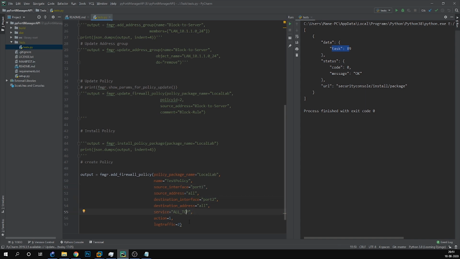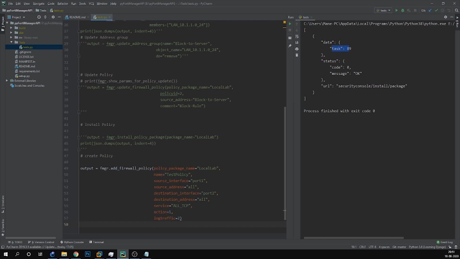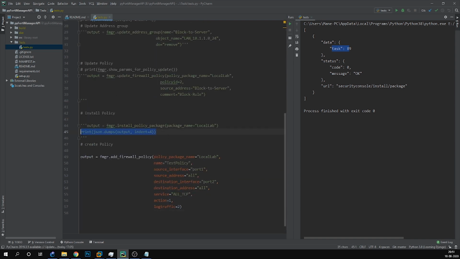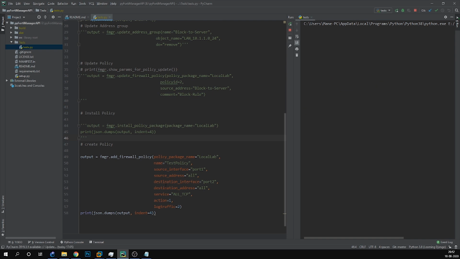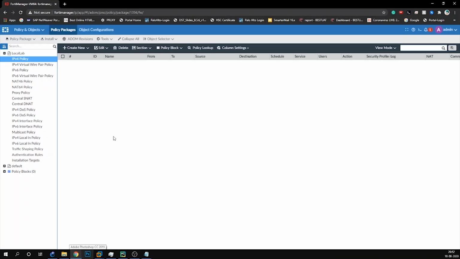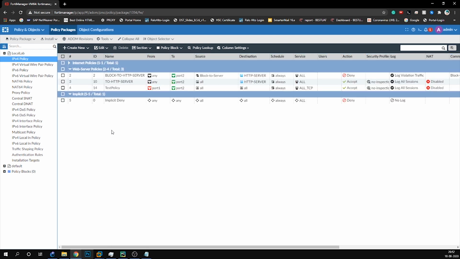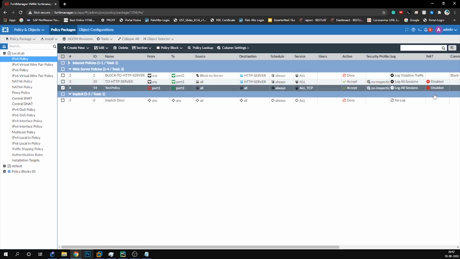So this is the policy creation. Let's print it out. Okay, so the return code was 0 with message OK. Let's see if our policy is created. So here we can see our test policy was created, and we can install this on our FortiGate if needed.